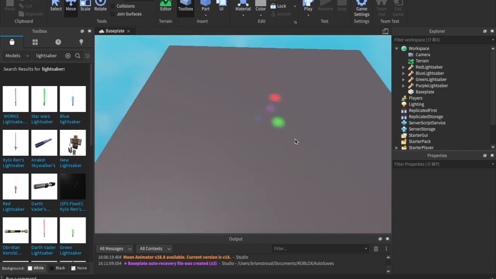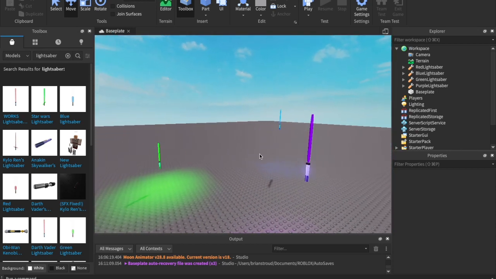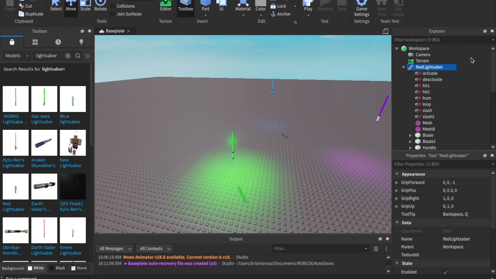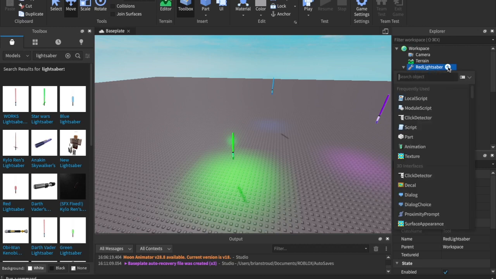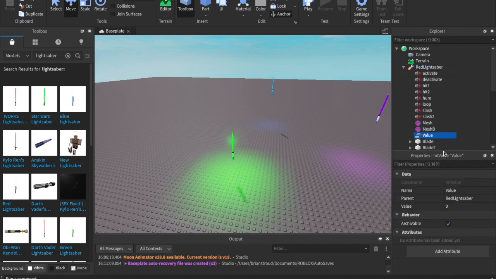And so we have our lightsabers, and now we are going to start scripting them. So I'm just going to take one of these, okay? And I'm going to go ahead and start with the red lightsaber, because we can just copy and paste the script. But the first thing we need to do is insert an int value. So an int value is a number, right? Remember, it's an integer. And we're going to call this damage taken, not health, and